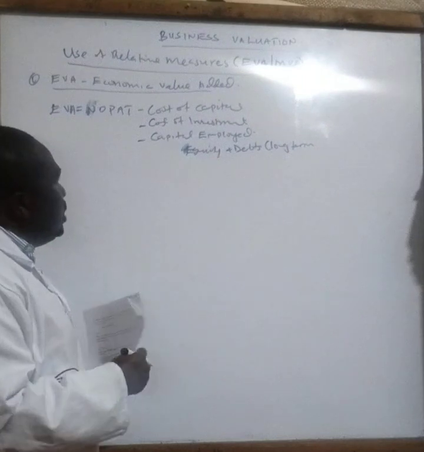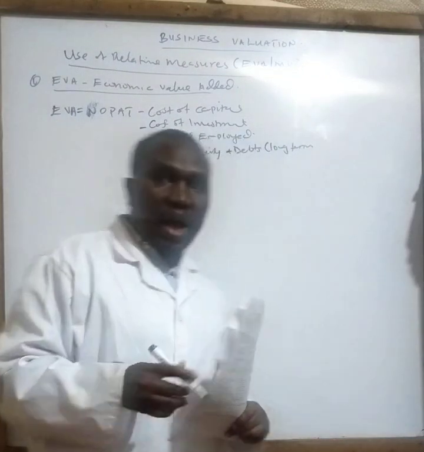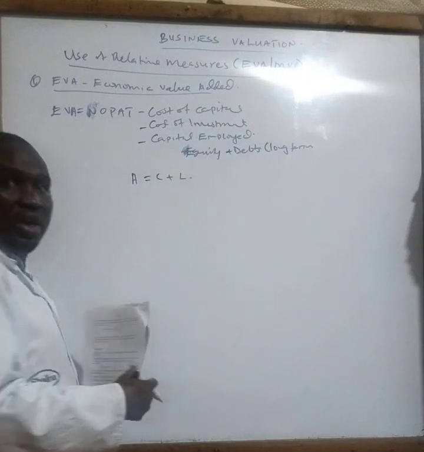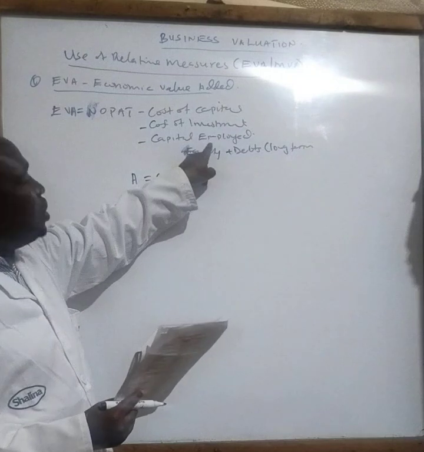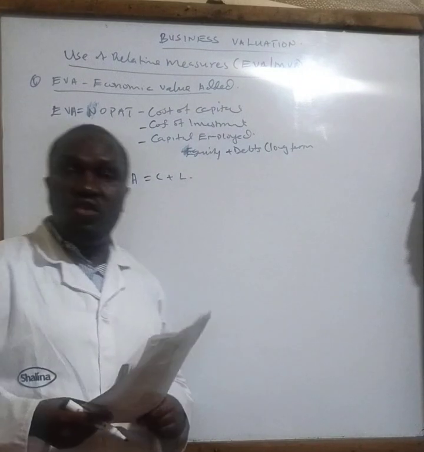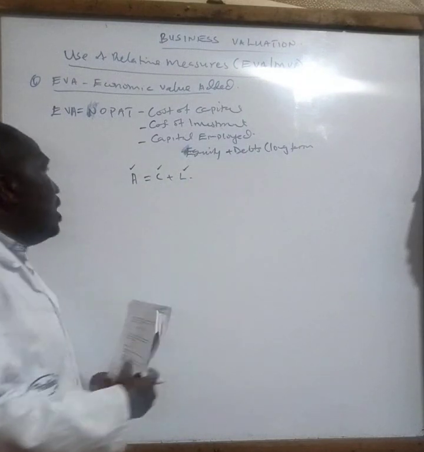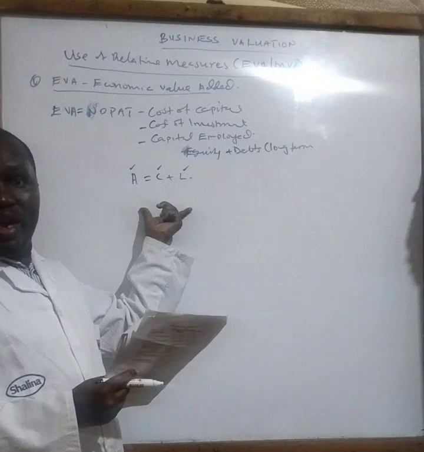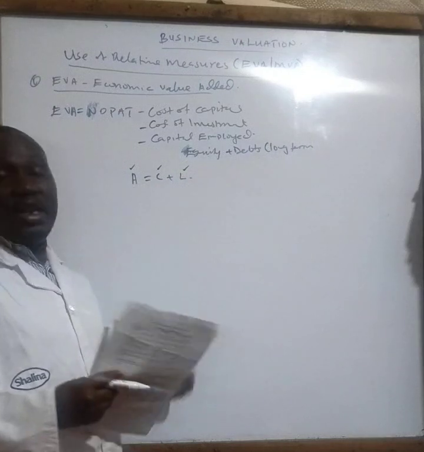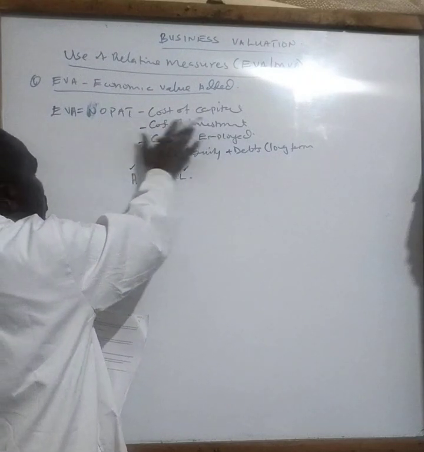For us to calculate this capital, we need to remember the accounting equation. The accounting equation says total assets should be equal to capital plus liability. So to get the capital employed, or just capital, or an investment, we have to use this formula. In most of the questions you are going to do, these elements are very important: assets, capital, and liability, because the three form what they call the accounting equation. When you look at it keenly, you will find there is cost of capital in this element. Therefore EVA is net operating profit less cost of capital.